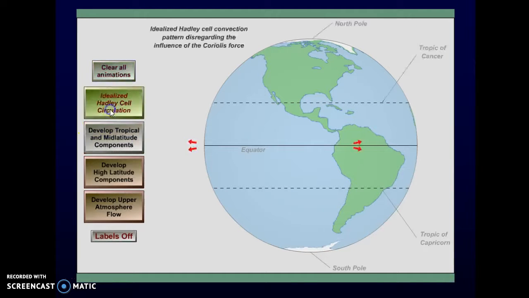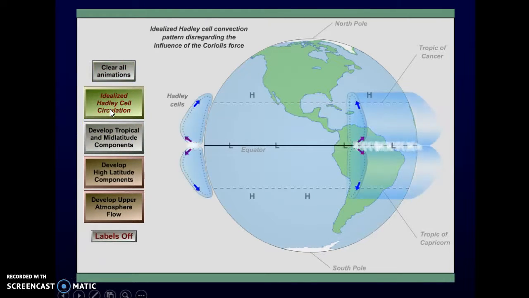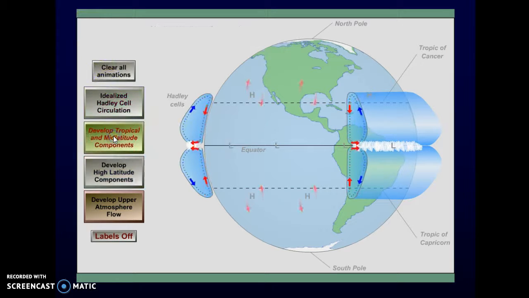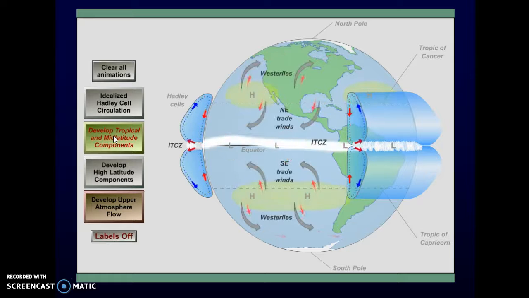On this animation, you can see that the system begins with rising air at the equator. This is a low pressure system here. This rising air spreads out towards the poles, but descends around 30 degrees latitude, creating high pressure systems there. The air returns to the equator as the trade winds. But some of the air will travel towards the poles as the westerly winds. We will return to the westerlies in just a moment, but first we will jump to the poles to see